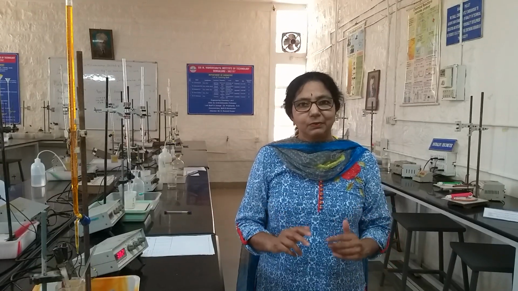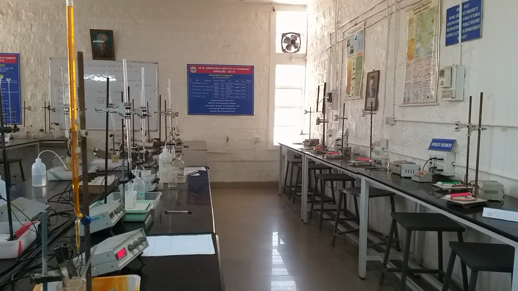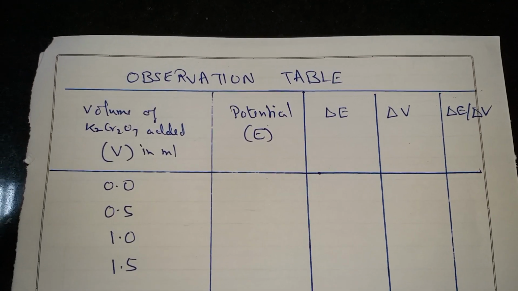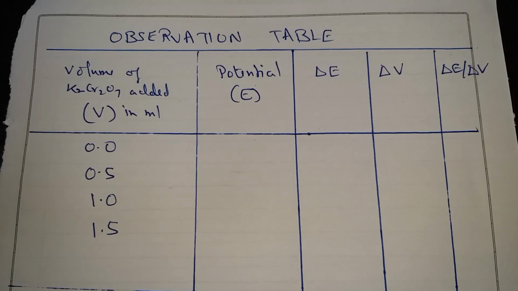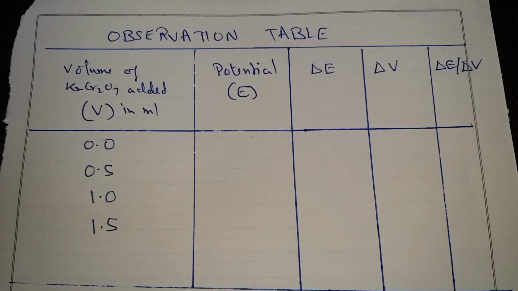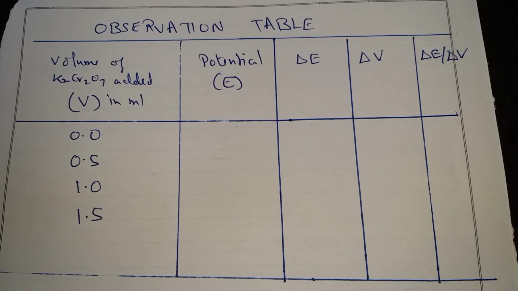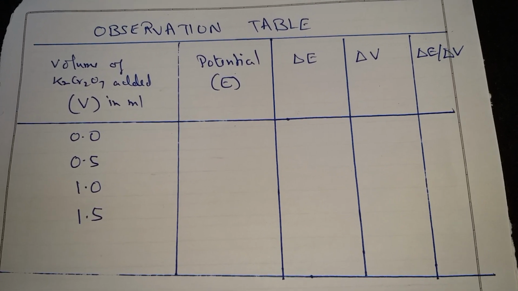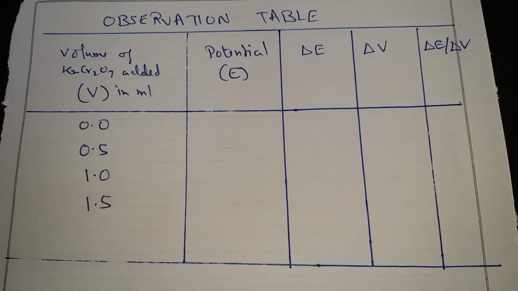Let us learn the experiment now. Before starting the experiment, we will be ready with the observation table with the captions as shown in the table. Volume of potassium dichromate added in ml, that is V. Potential we will record from the instrument, that is capital E. Delta E, delta V, delta E by delta V we will calculate from the observation table after